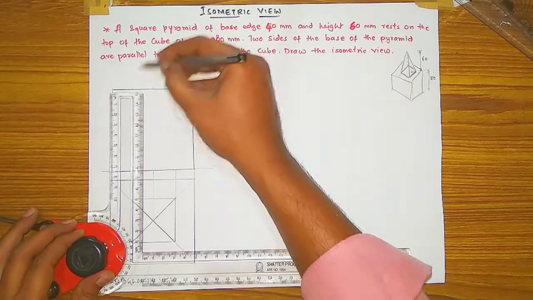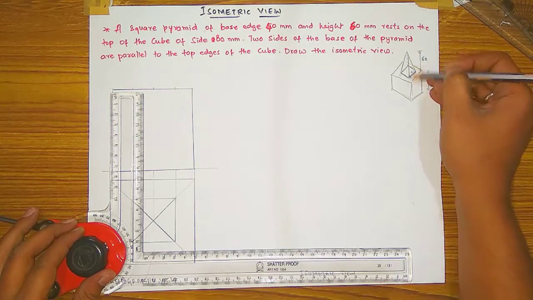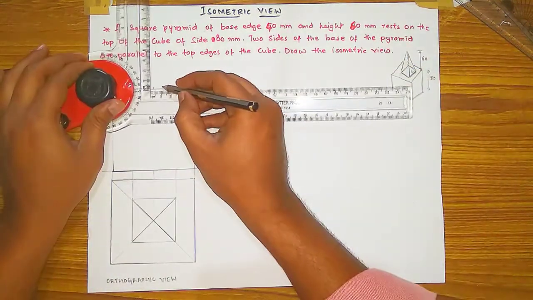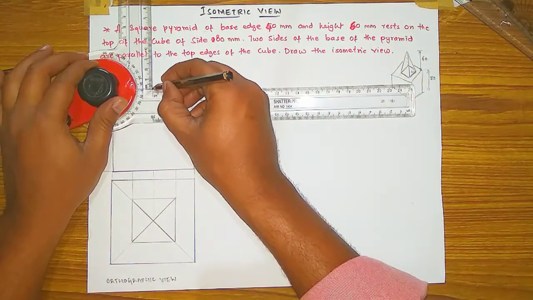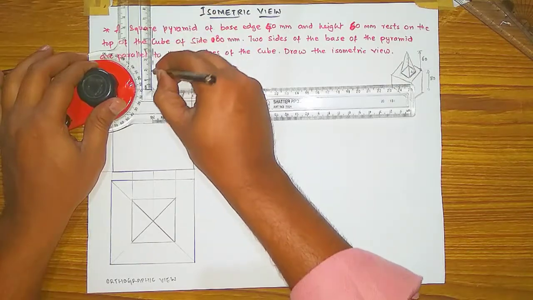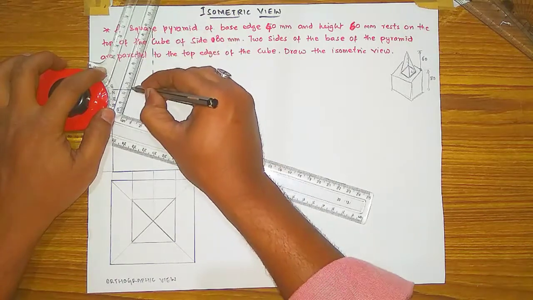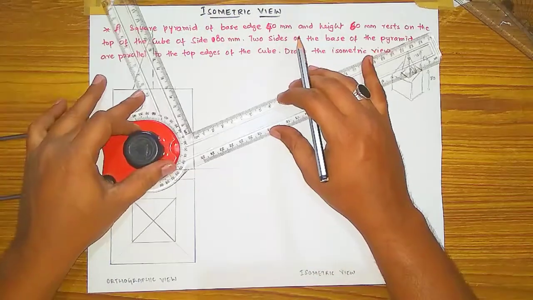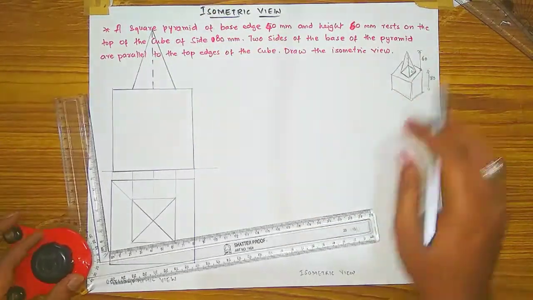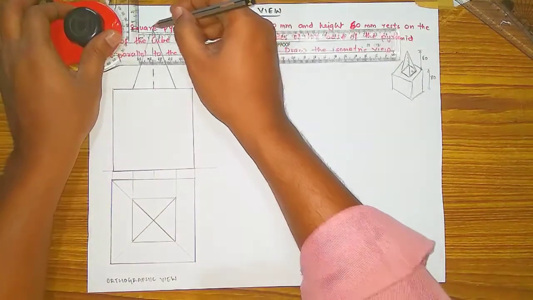And then from the center point your pyramid, from the front, if you see this pyramid, a triangle shape you will get. So the axis height is 60 mm. From here you have to take the axis height 60 mm till here. So draw the axis line like this, and join the edges with those ends, remove the extra, and your pyramid is created. And this is the front view of this figure. Then after, show the dimensions of this front view.